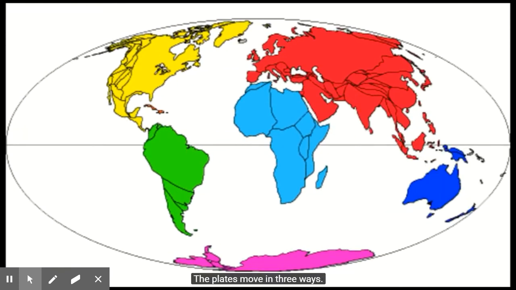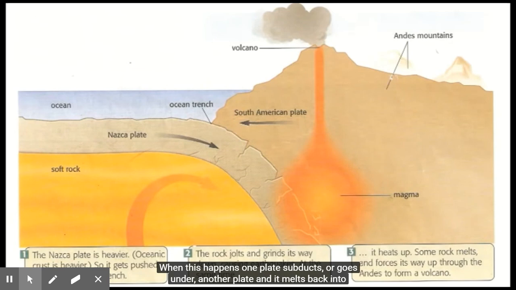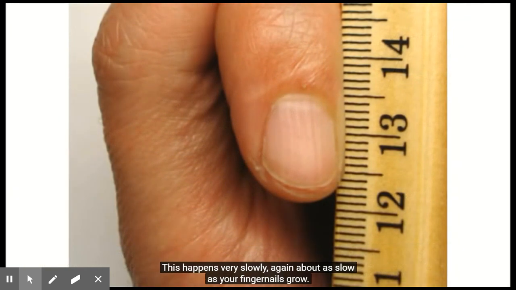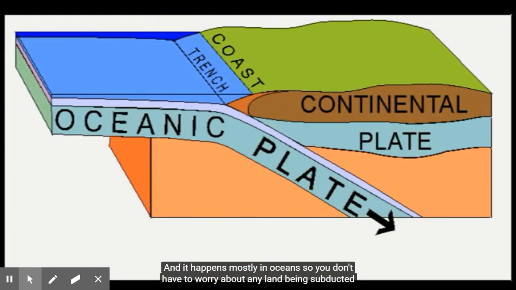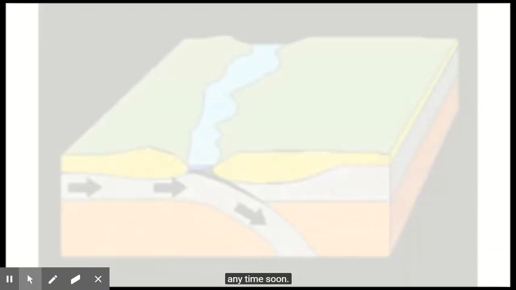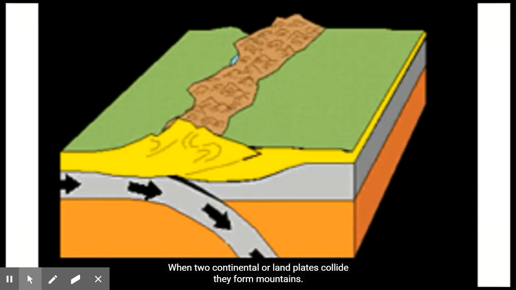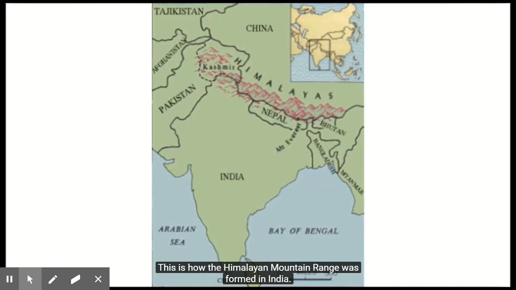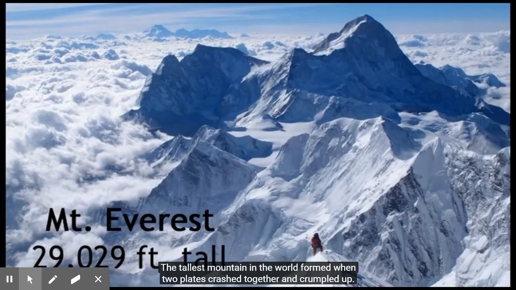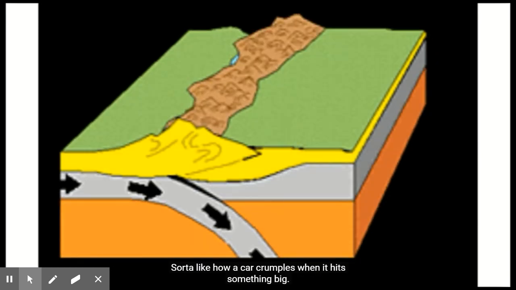The plates move in 3 ways. They converge, that means come together. When this happens, one plate subducts or goes under another plate, and it melts back into the mantle. This happens very slowly. Again, about as slow as your fingernails grow. And it happens mostly in oceans, so you don't have to worry about any land getting subducted anytime soon. When 2 continental or land plates come together, they form mountains. This is how the Himalayan mountain range was formed in India, the tallest mountain in the world. It formed when 2 plates crashed together and crumpled up, sort of like how a car crumples when it hits